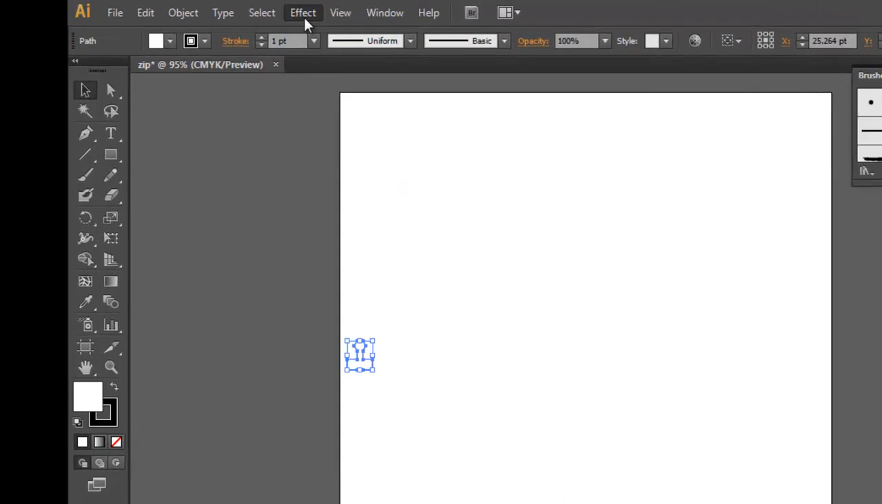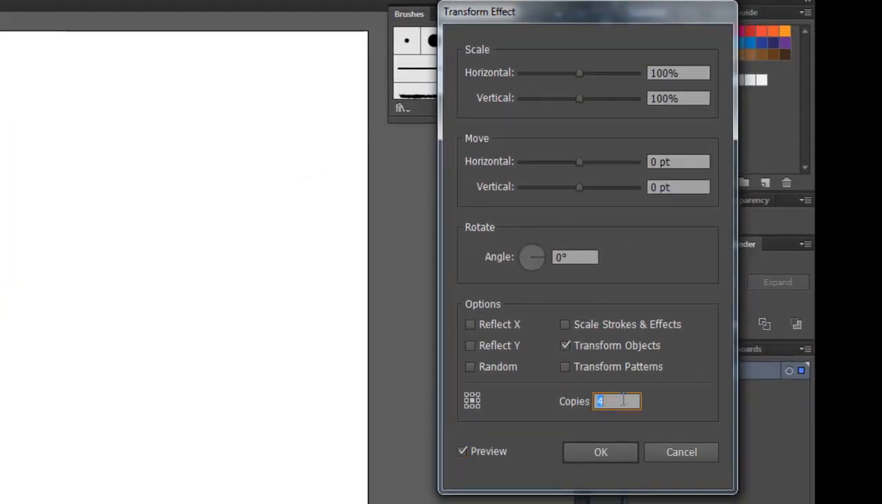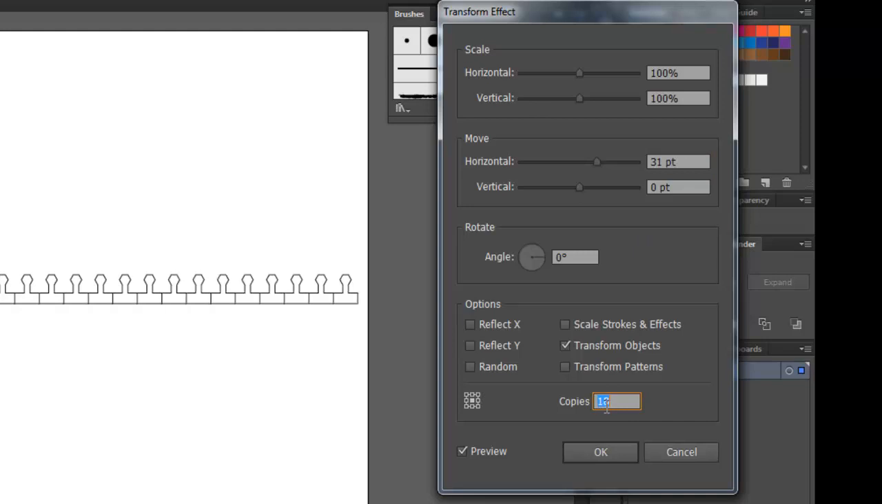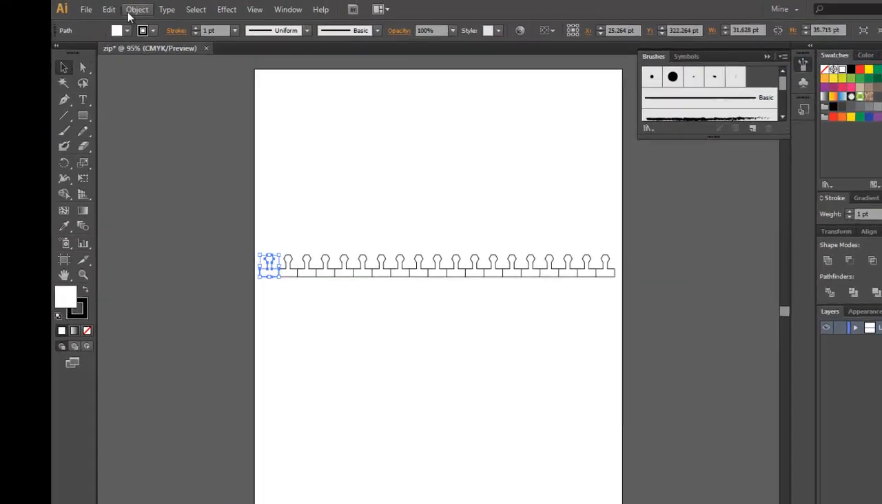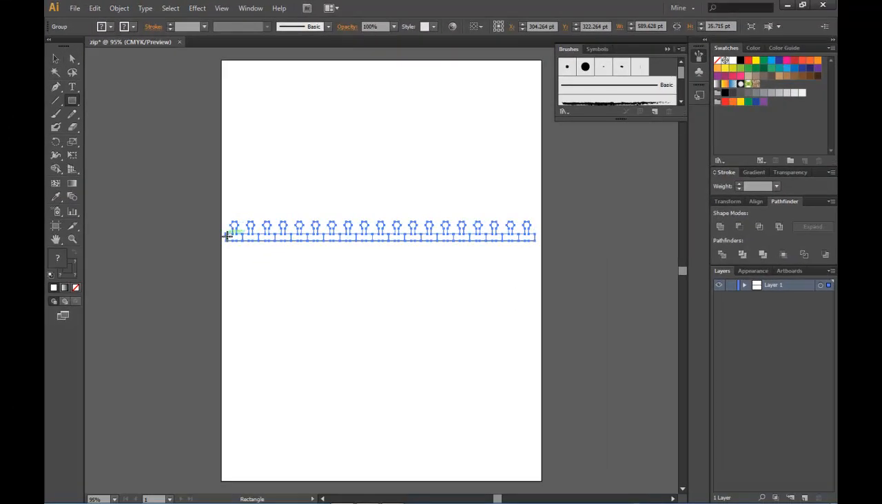Now I'll go in the effect, distort and transform and transform. I'll turn the preview on to see what I am doing. And now I'll move it horizontally. I notice here that the value of 31 points fits perfect. Now I'll increase the copies to 18. Now in the object, expand appearance and after that make another rectangle down here